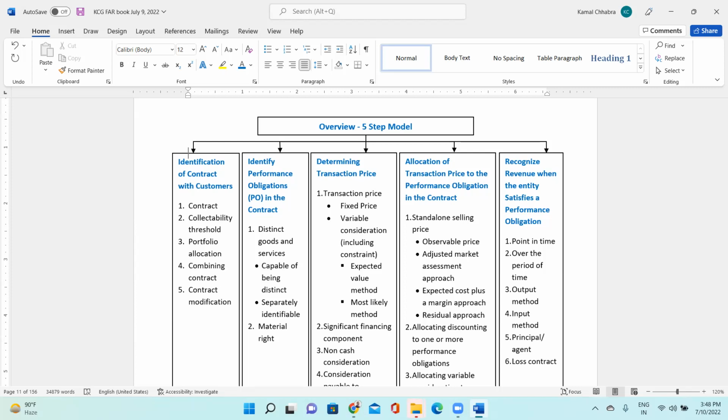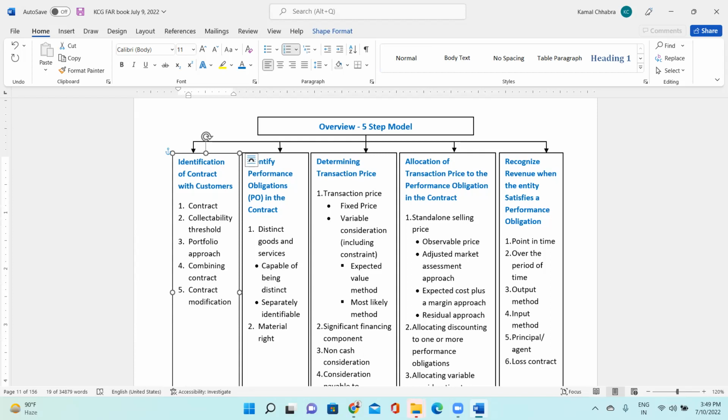Okay. Second thing, what is this portfolio allocation? Portfolio approach means when you have homogeneous contracts, for example, a telecommunication company. Let's take an example of AT&T, right? Most of our examples relate to US companies, but you can correlate with Airtel in India, right? AT&T is a telecom service provider in USA, same as how we have Airtel in India. You are also a customer of Airtel, I am also a customer, and maybe a million users for AT&T, right?